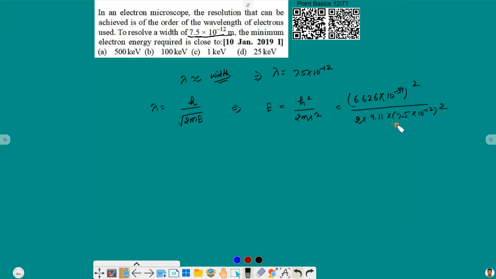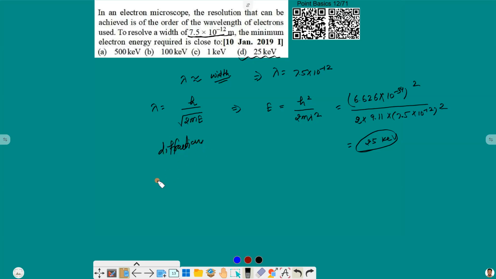When we solve this, we will get an answer of around 20 kilo electron volt. So that matches with option D. Now some of you might get confused that this question is basically related to diffraction,